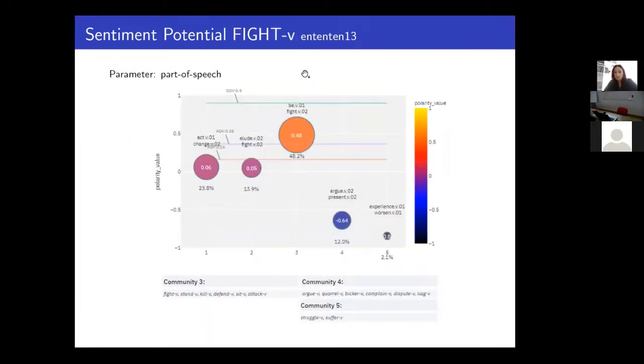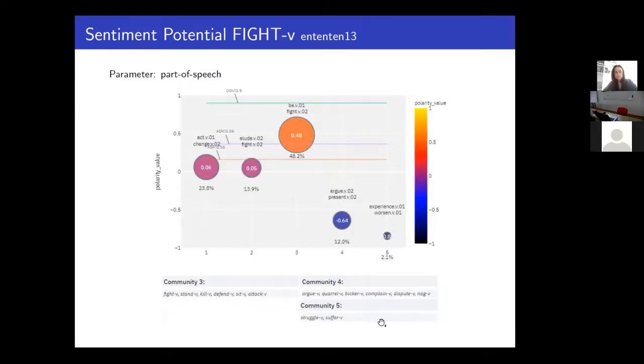Fight can also be a verb. So the verb fight here also has polarized meaning. It can be positive when related to stand, defend, attack, but quite negative when related to quarrel, complain, dispute, and